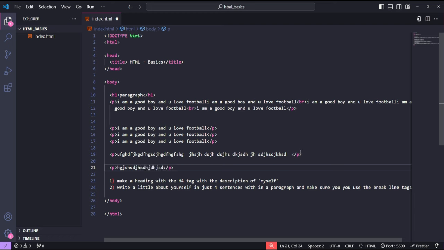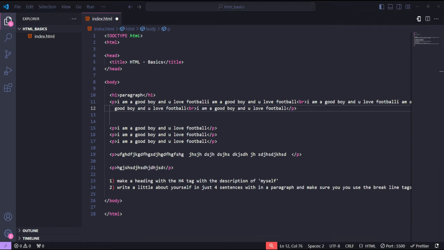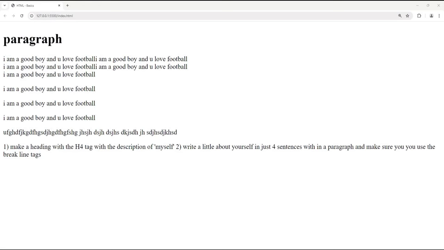As discussed in the previous video, the break tag helps you break the words so that you do not have very long lines. But when you are starting a new paragraph,